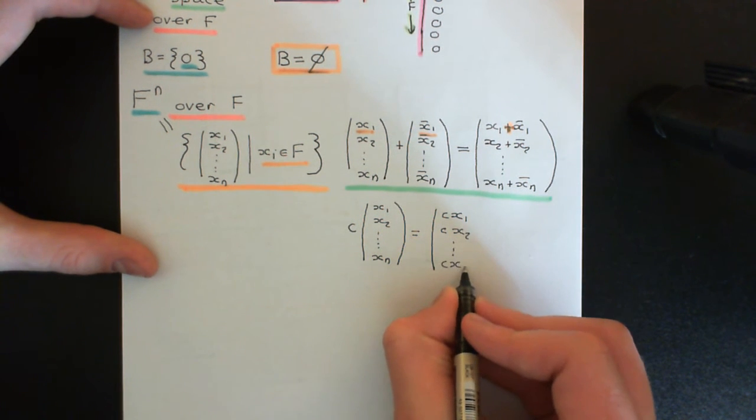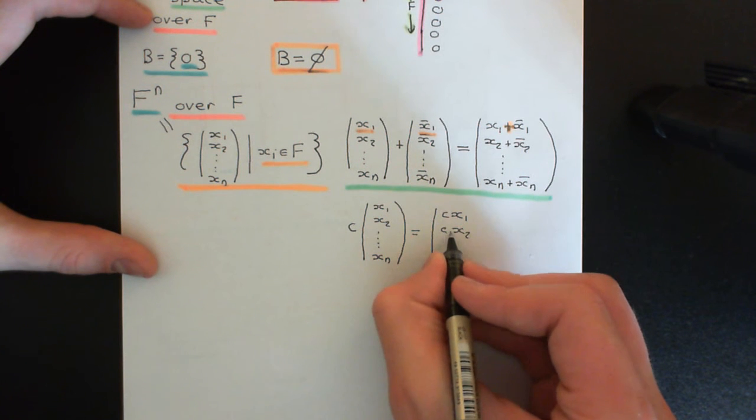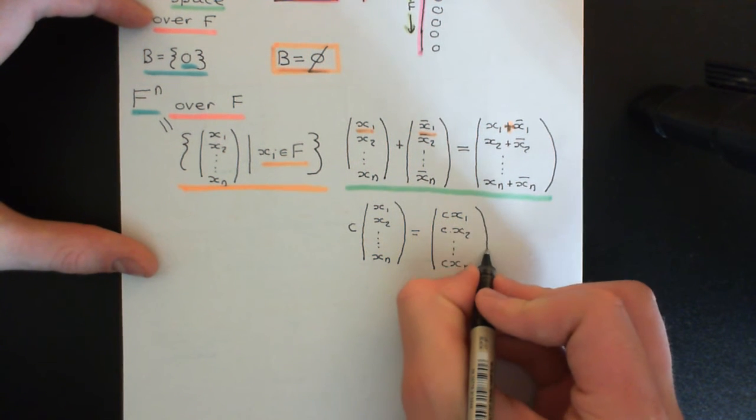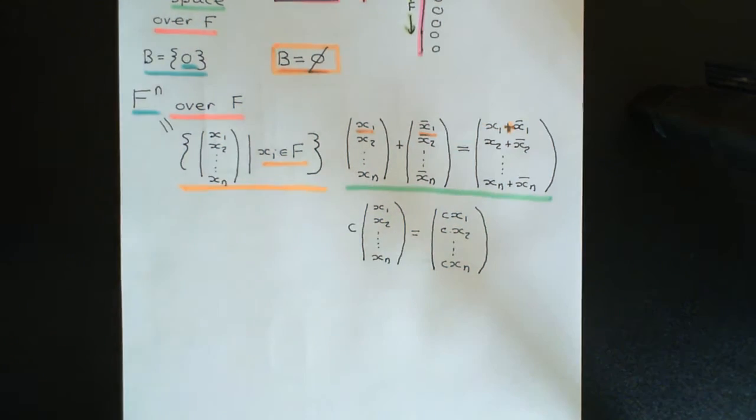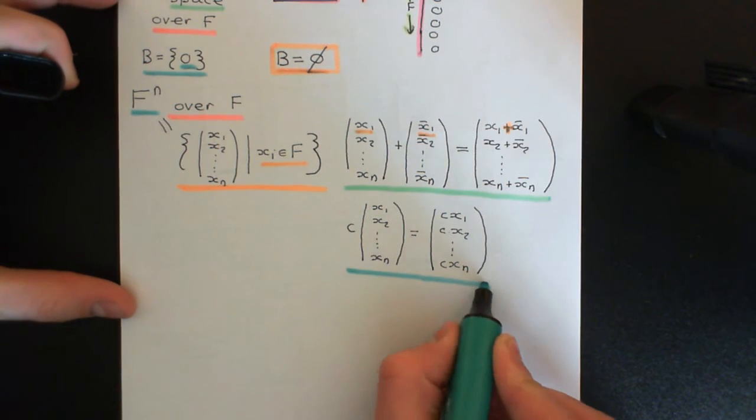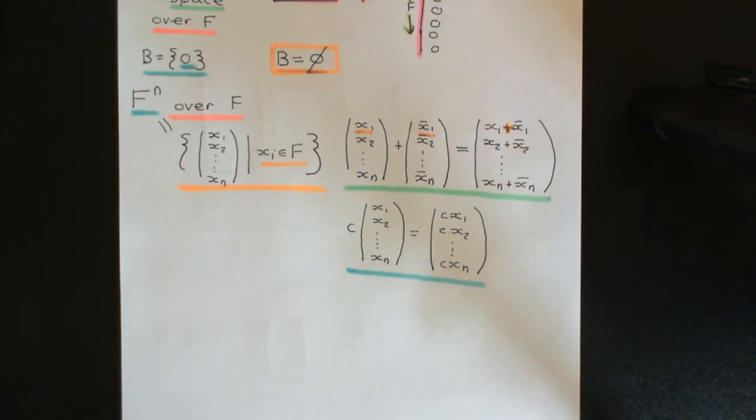So all of these multiplications here, this multiplication, this multiplication, this multiplication, etc., are all multiplications in the field, okay? So again, well defined because the field has a multiplication law on it. Again, think of the real numbers. Okay, so this is how I will define scalar multiplication, and again in that video on the definition of a vector